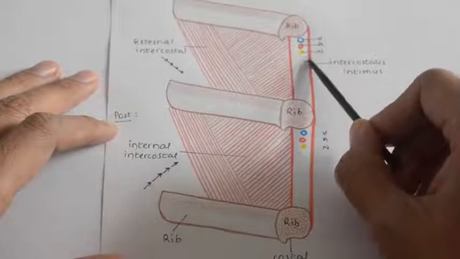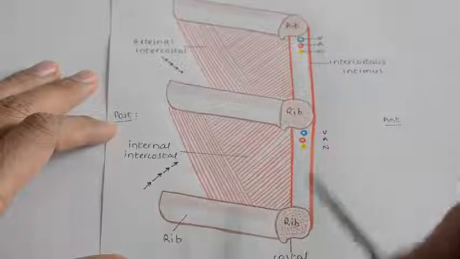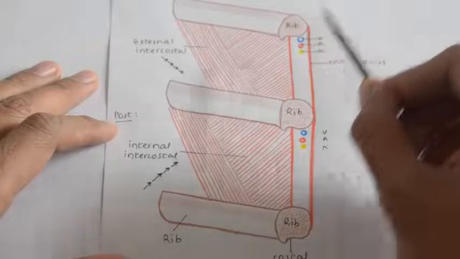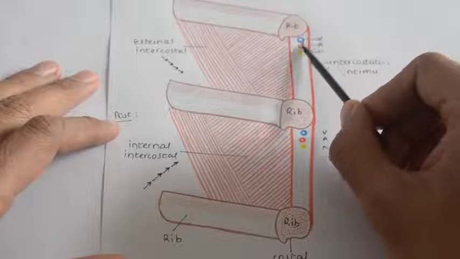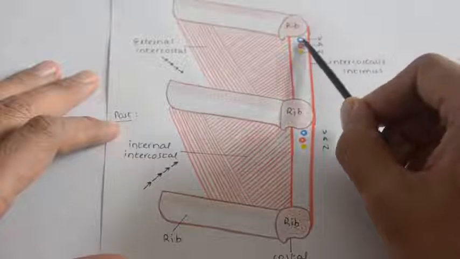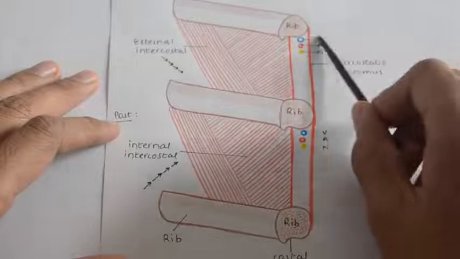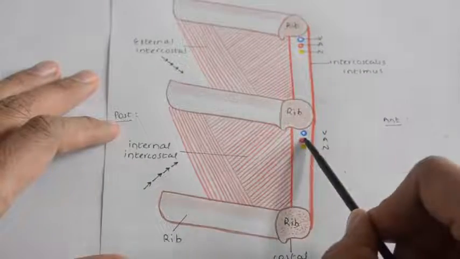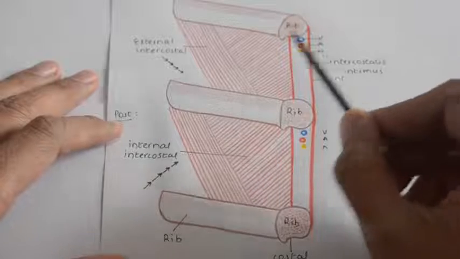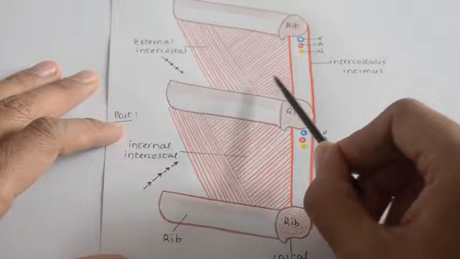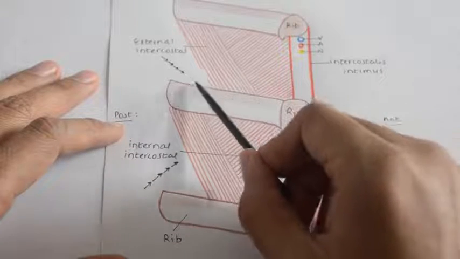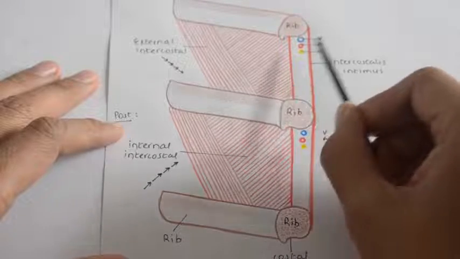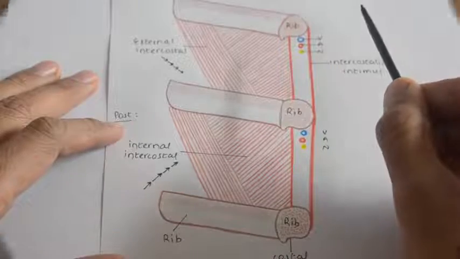Similarly, deep to it will be the intercostalis intimus, and as we have discussed, there is a neurovascular plane between these two muscles, with vein, artery and nerve. This is how you can remember the mnemonic VAN for intercostal vein, artery and nerve. They are situated from above downward in the costal groove. So whenever we need to do pleural tapping, the needle should be nearer to the upper border of the rib, so as to avoid injury to this neurovascular bundle.